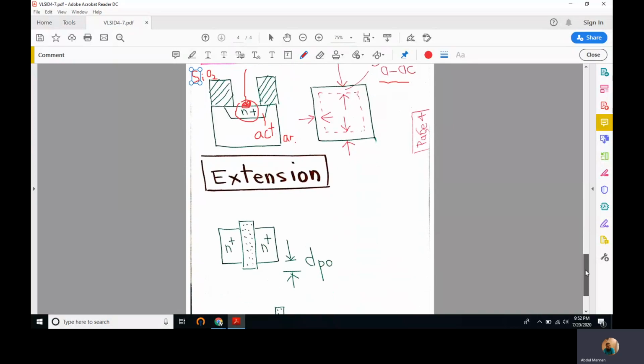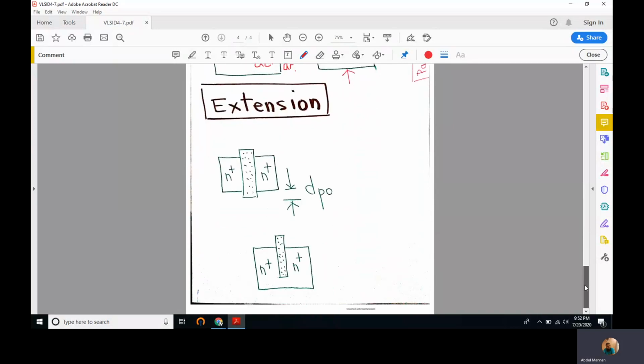And the last thing is extension, right? If we implement, for example, an NMOS transistor, this is the top view of an NMOS transistor with this poly and these active areas, and we see that this poly overhangs on both sides, from top and from bottom of these active areas, and the minimum distance that we have to maintain is D distance.